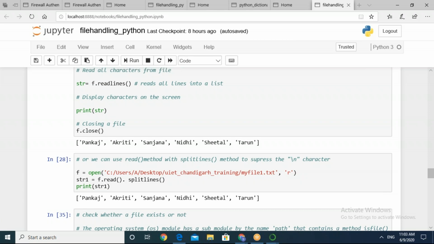So till now we have been using the write method. The write method allows you to write the string which you have just read. So suppose you have a collection of strings.